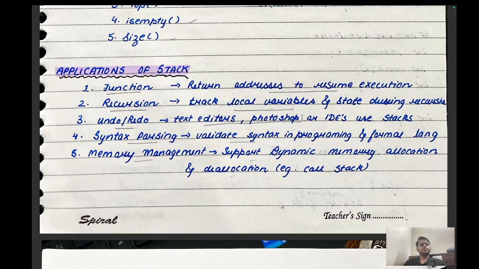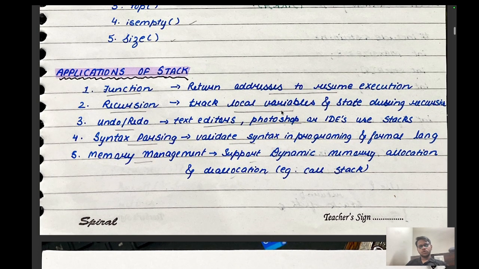The applications are simple and you can just look at these. The first ones are function calls, recursion, undo redo, syntax parsing, and memory management. So let's look at the first one, function calls. A function stores its return address to resume execution. Yeah, so what we are storing in the stack is that the indexing and the storage and the pop operation become very easy